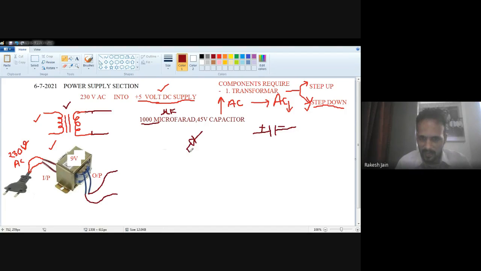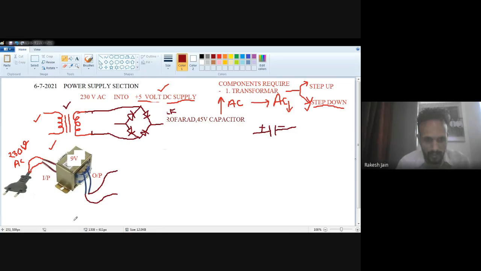For the bridge rectifier, I know the basic circuit diagram is two anodes shorted and two cathodes shorted. This is the circuit diagram of the bridge rectifier. You have to use 4 diodes such that 2 diodes' anodes are shorted and 2 diodes' cathodes are shorted. One diode anode and cathode shorted, that you have to connect with. I just make this circuit diagram here. So this transformer is connected with the side in which one anode and one cathode are shorted, and at the lower side also one cathode and one anode are shorted.